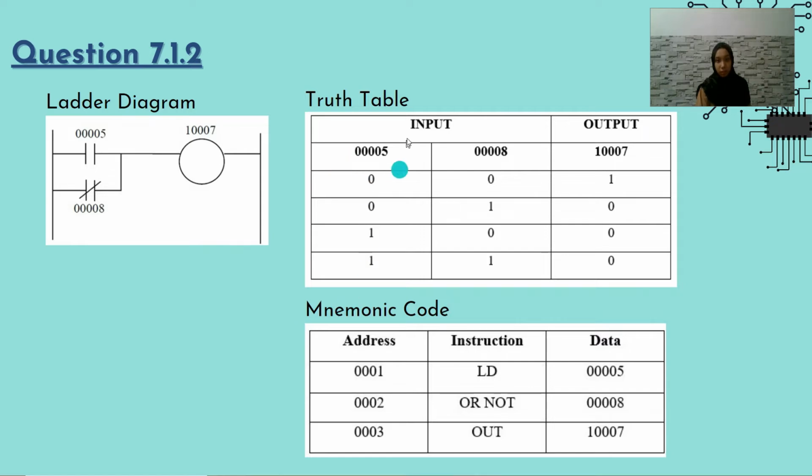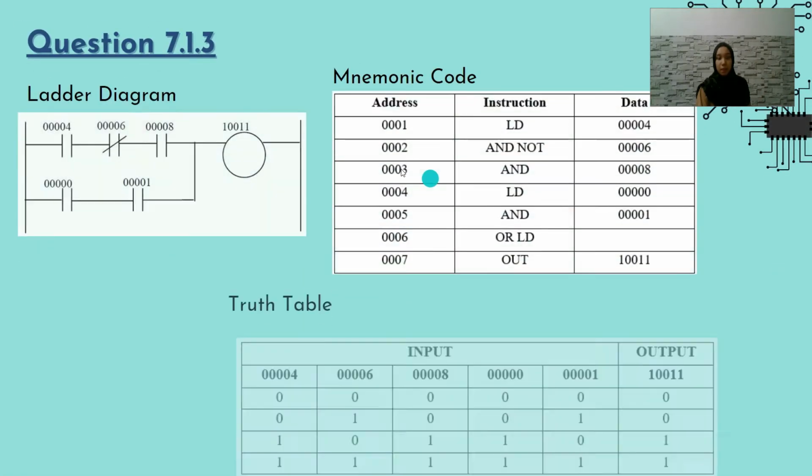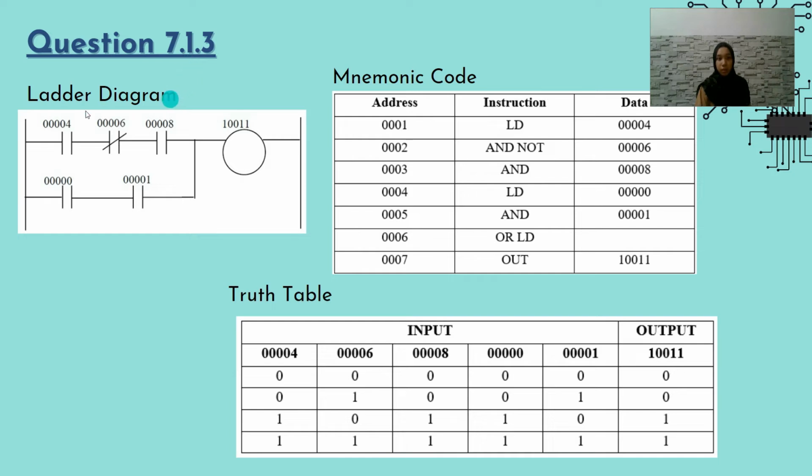Here is the truth table that we got. We have two inputs and one output. The output is 1000. Next, for question 7.1.3, from the ladder diagram, as you can see here, we got the